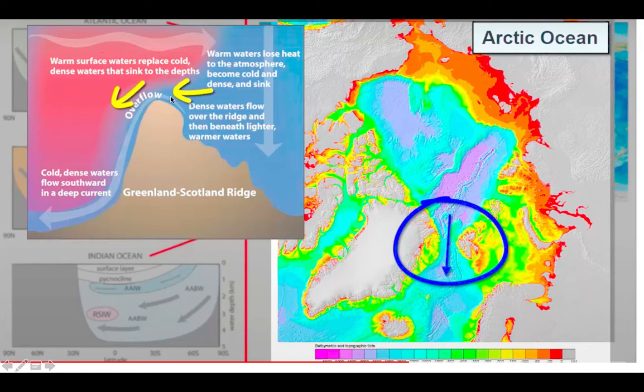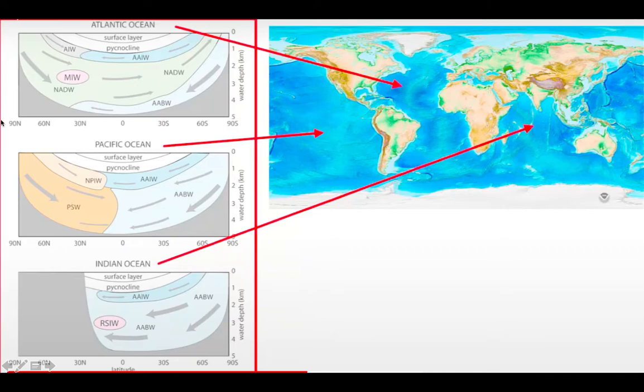And this is your Greenland-Scotland ridge. Over this ridge dense water is moving down, and it is going all the way to the Antarctica, where it finally comes to the surface. Why is it coming to the surface here? Because in this region we have a divergent zone. Here the water is diverging. So this AAIW and AABW is getting diverged. Whenever in the ocean we have divergence, in that region we have upwelling. So from here it upwells. Finally, we have upwelling over here.